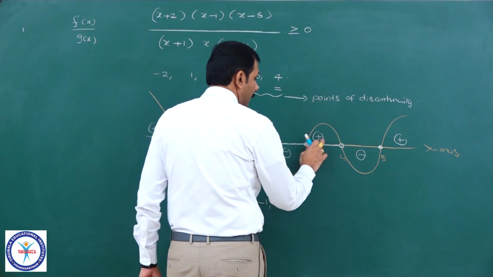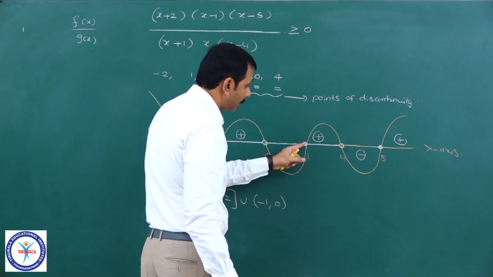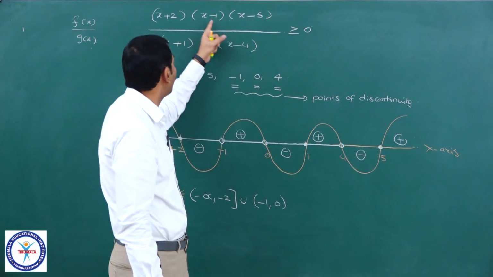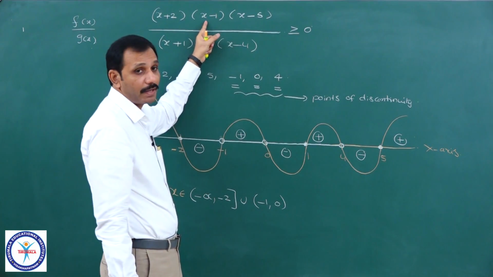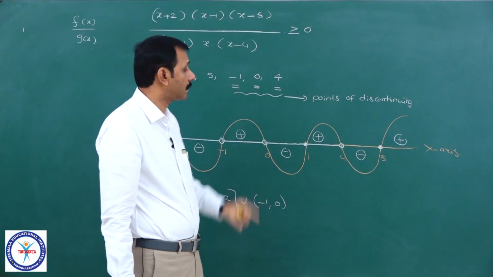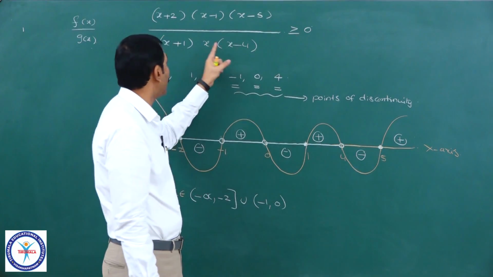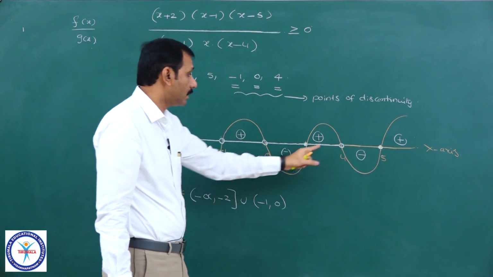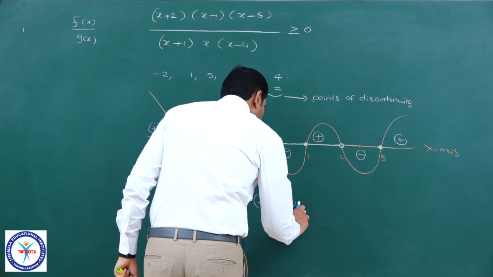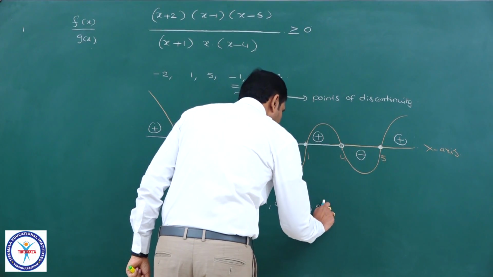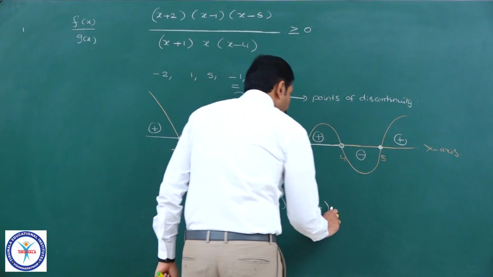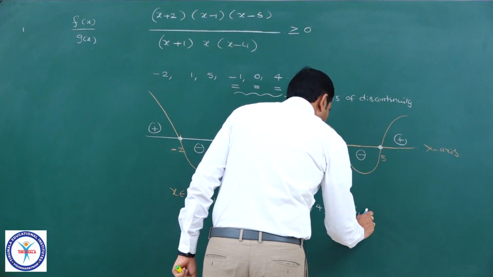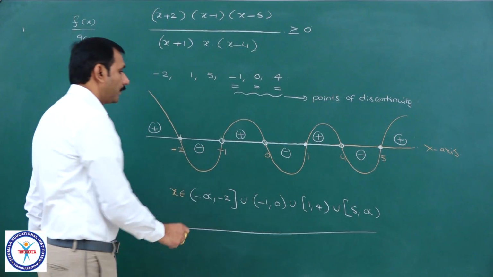Next, in this positive interval 1 to 4, observe 1 is a dark circle and 4 is an open circle. This indicates 1 is the zero of the numerator. You can substitute it, x equal to 1, it will become 0, so it will satisfy. Whereas 4 is in the denominator, you should not substitute it here because it is not defined, that's why it is an open circle. It is the union of closed 1 to open 4, union, and this interval with 5 a dark circle, means closed 5 to infinity will be the solution set.